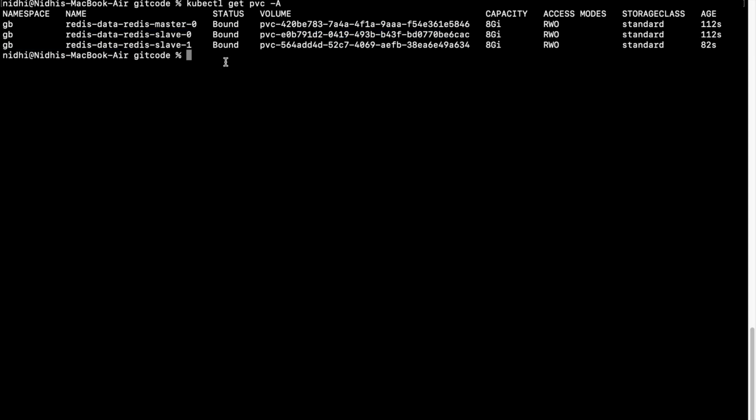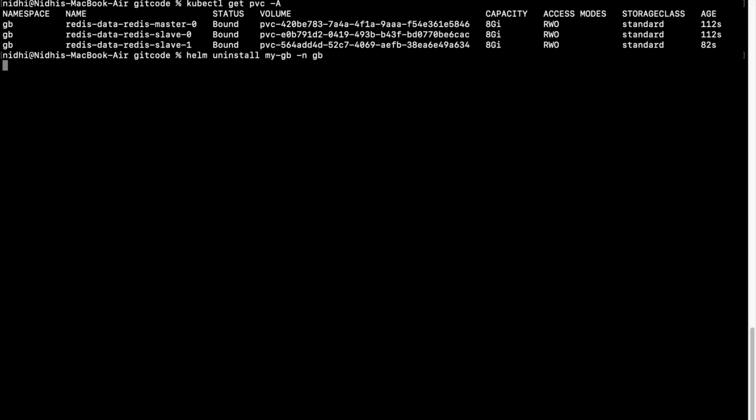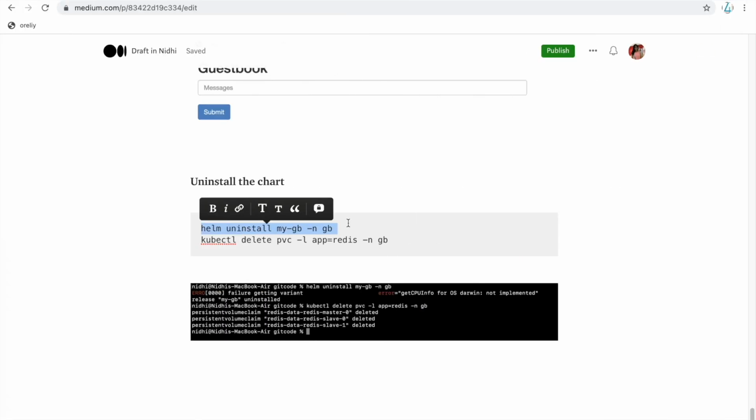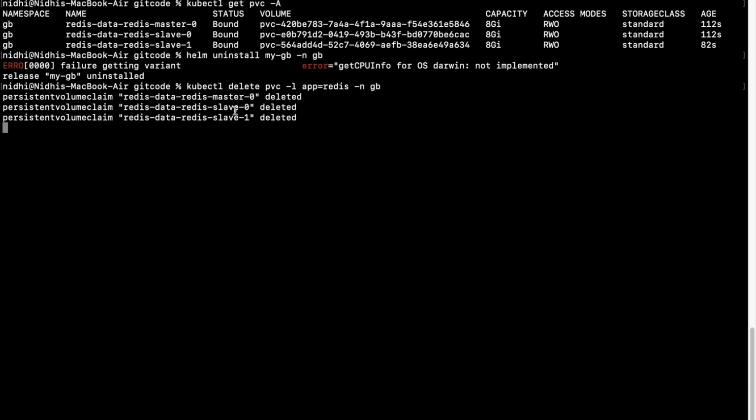So yes, this is how you can basically create the application using Helm charts. You can modify it. I mean, how to create custom charts, and also how to add the dependencies. So this is how you can do this. After this, you can just uninstall it. This is how you can uninstall, and uninstall will not delete the Redis things, because this is a separate one. So you need to uninstall it, I mean, delete it separately. So you can do this. Okay, thank you.